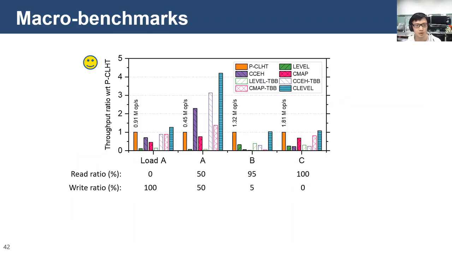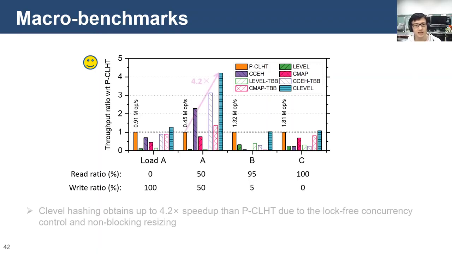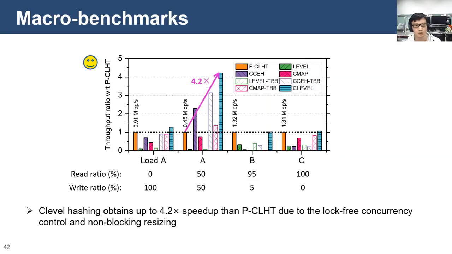For real YCSB workloads with different read-write ratios, Clevel hashing obtains up to 4.2 times speedup over PCLHT due to the log-free concurrency control and the non-blocking resizing. The throughput of our implementation may be lower than related work. The reason is the performance overheads of C++ bindings of PMDK. We leave the evaluation of Clevel hashing on top of C-based PMDK as our future work.